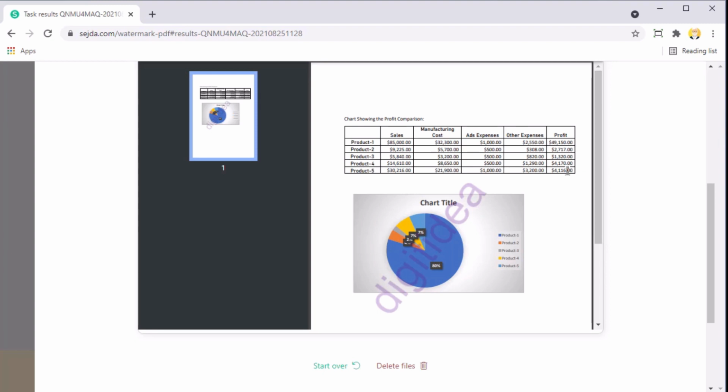Very simple. So always try to protect your digital assets with a watermark when you are posting them online or in social media. It will grow your brand and it will save your copyright material.